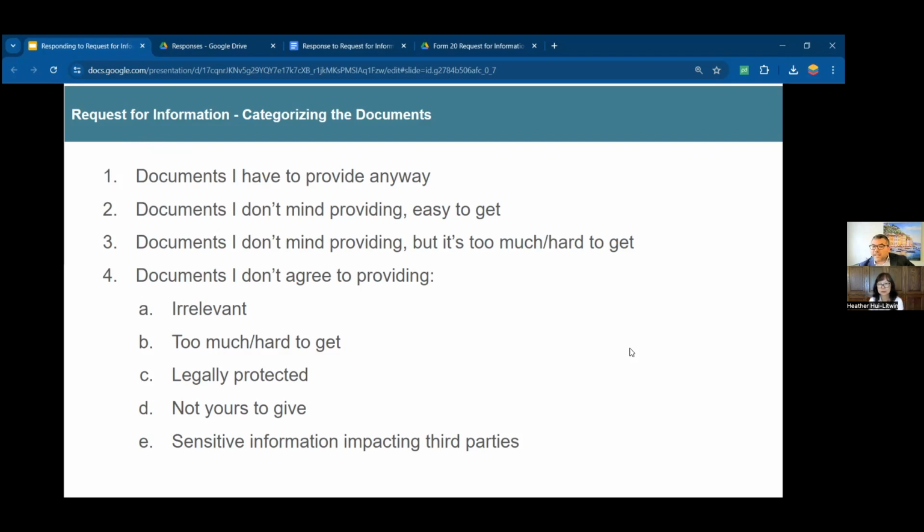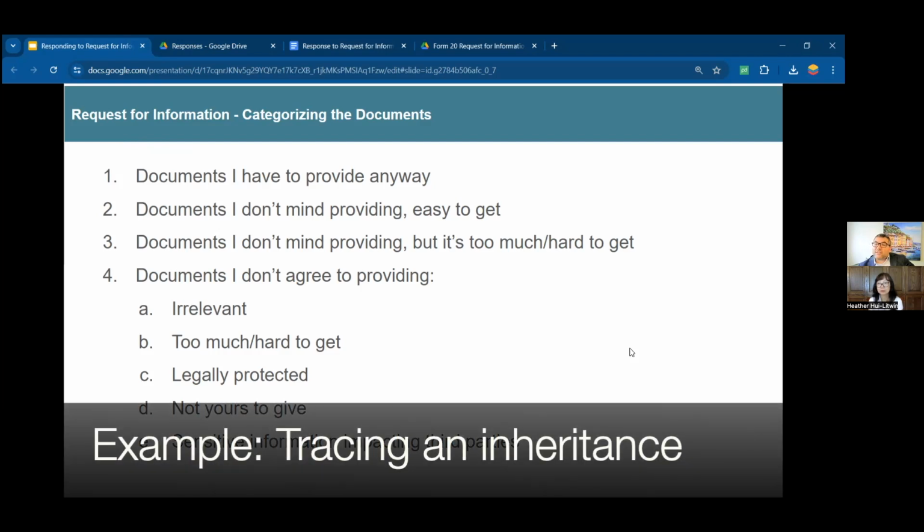Let's say you're claiming that there's property division, and you are claiming that you received an inheritance, and there's money in a bank account at valuation date that should be excluded. So the legal onus is on you to trace, and we've done this on another video, to trace the receipt of the inheritance to the bank account at valuation date.